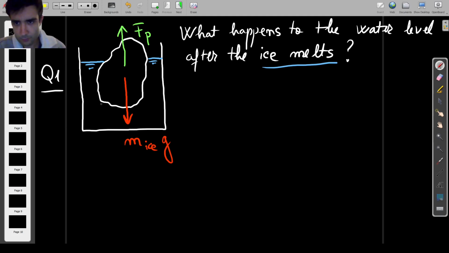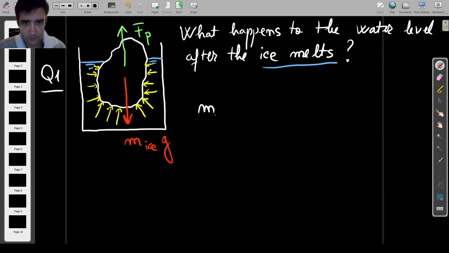So the pressure within a fluid is always acting in all directions, but when you introduce a solid surface, it's going to start acting perpendicular to that surface, like that, like that. And the closer you are to the surface, the less force you have, because the pressure is proportional to depth. Once we understand this, we can write the equation of equilibrium. In this case, we're going to have the following. The weight of the ice